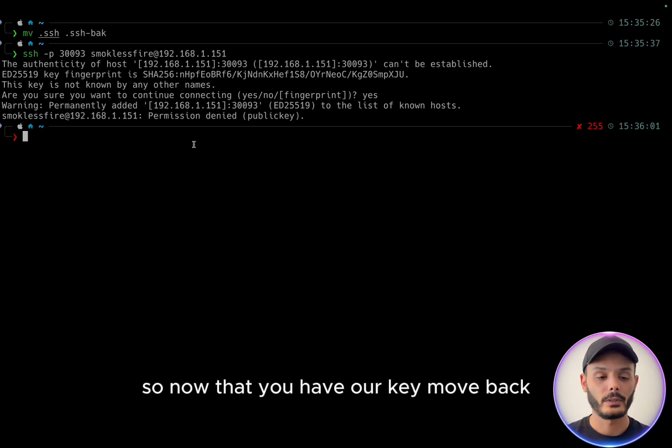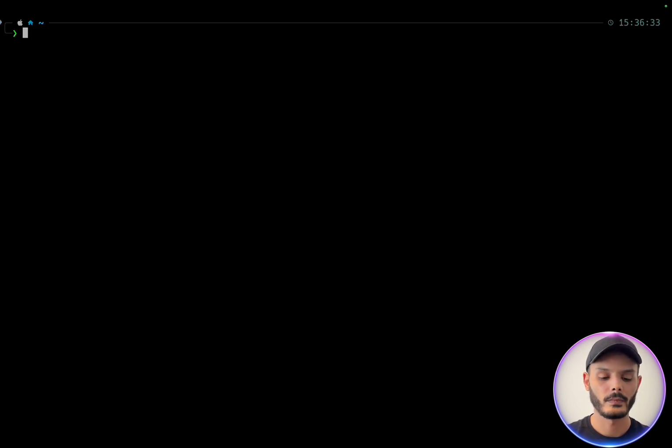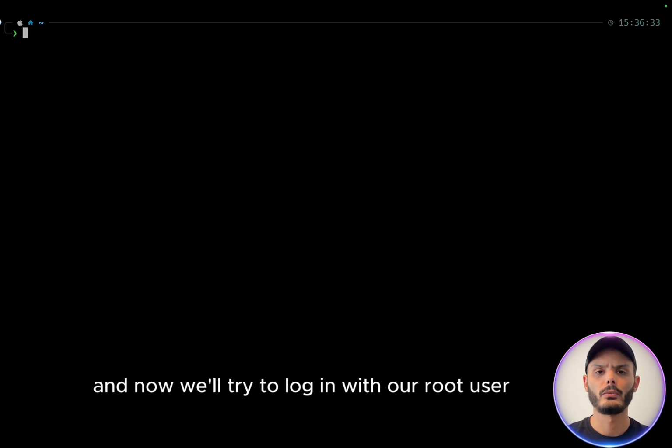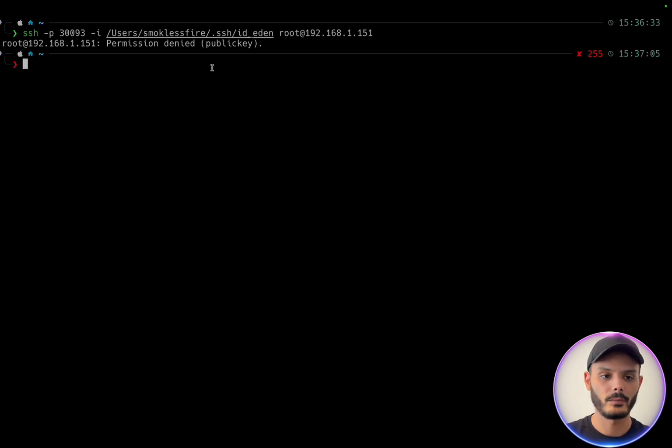So now that we have our key, I'll move it back. And now we will try to log in as the root user using our private key. And here again, permission denied.